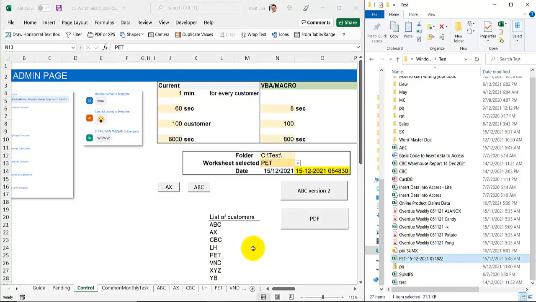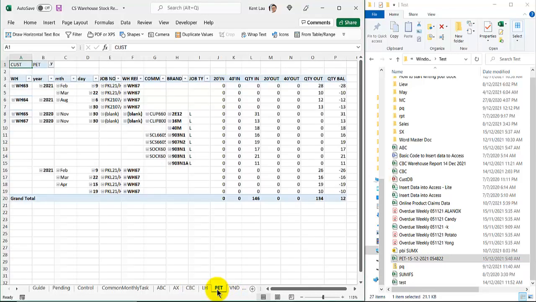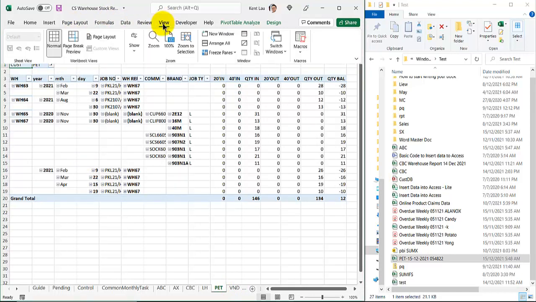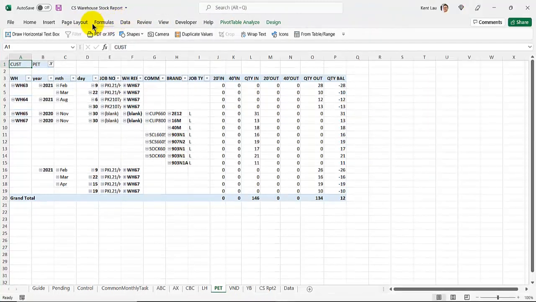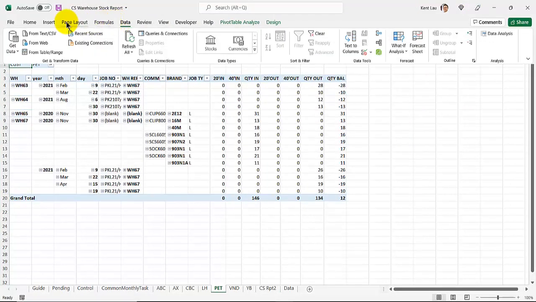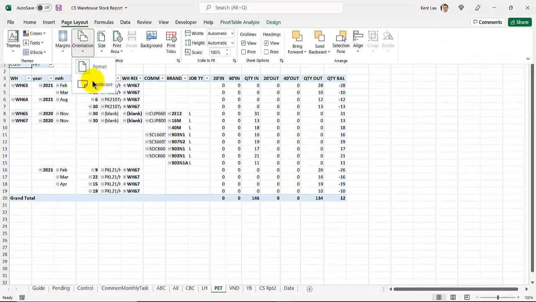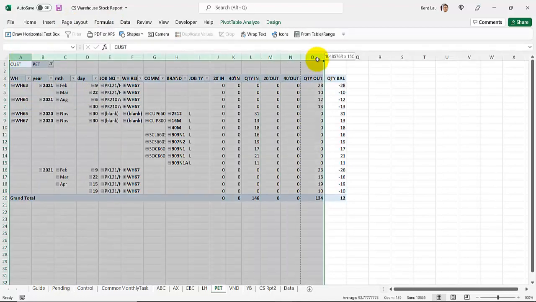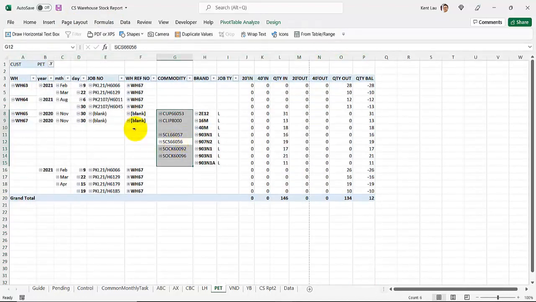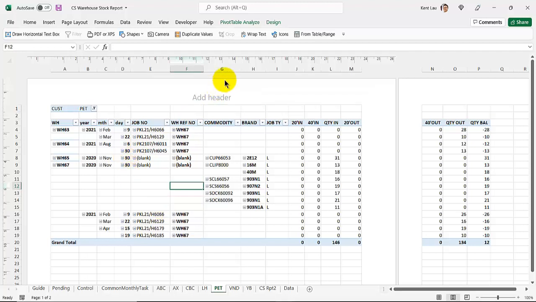Of course, you ask me, well, can I just convert it and put it into a PDF file? Well, actually, you can. You go to, let me just change that view, for data, page layout, orientation, landscape. Okay, so we have done this step, and if you print it out, you can see that okay, that's not